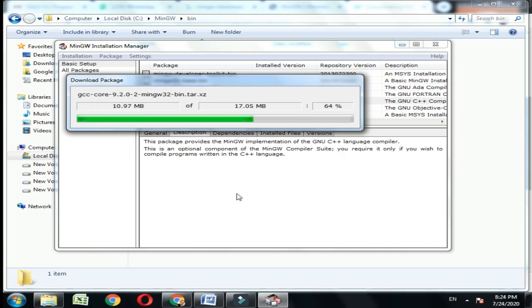It depends on the speed of your computer system. So let it install everything. You have to wait and watch. Once this is installed, we will check whether our C++ or C compiler are working or not with the help of our command prompt.